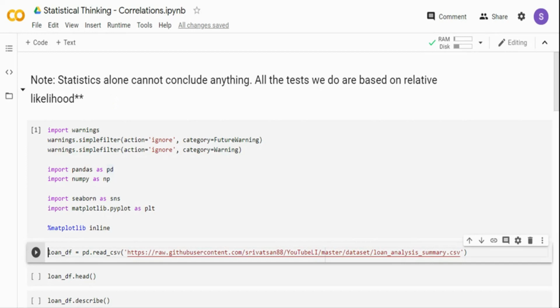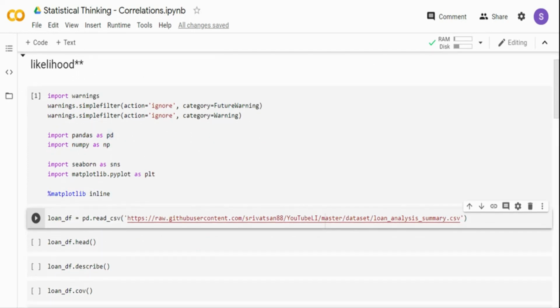Let's get started. As with my other videos, I'm going to import the same packages. I am going to import pandas, to read the dataset and do some wrangling. I'll be using Seaborn and Matplotlib to plot the relationships, and NumPy in this case just for the polynomials. I'm going to move the polynomials to a separate video where I'll go into detail, but I'll give an intuition in this video.